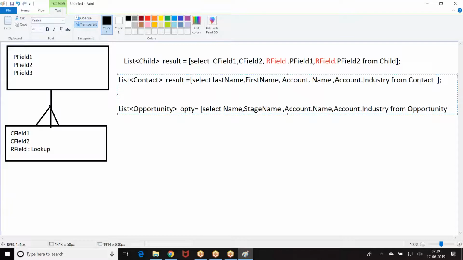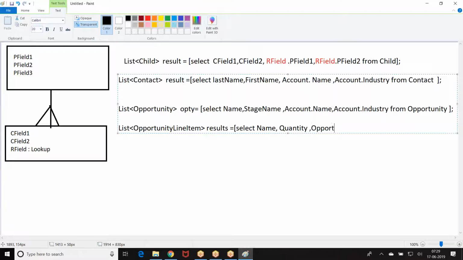Again, I have list of opportunity line item, select name, quantity, then opportunity dot opportunity.